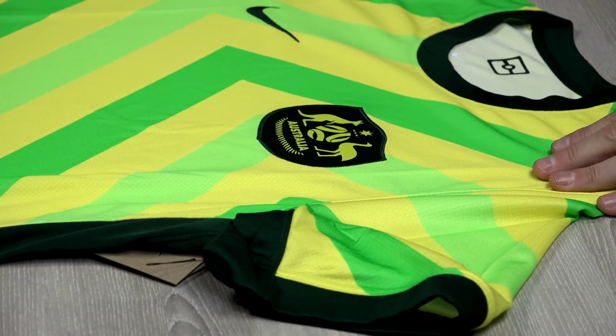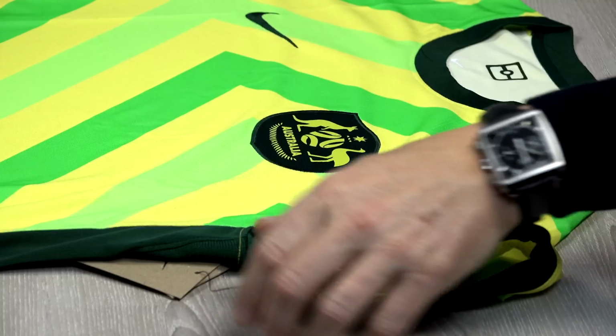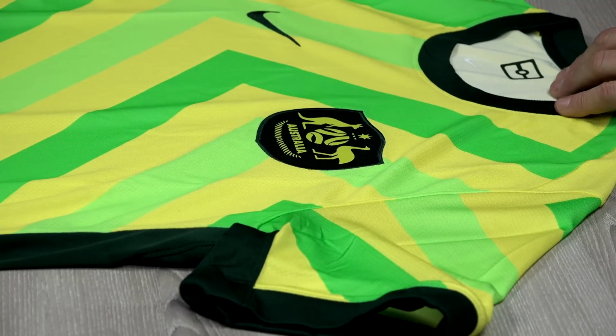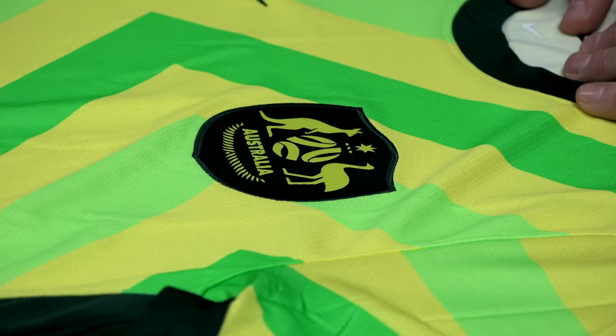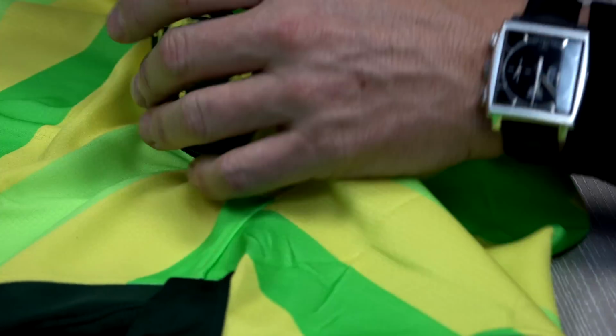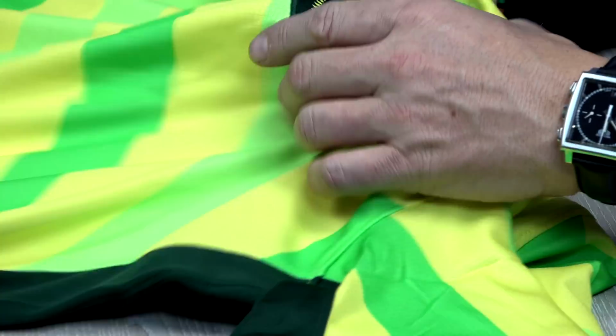Very much, I think, a celebration of Australia, this, isn't it? Just that vibrancy, the greens. Do you know what? I always feel this is very cricket-esque. Very unusual. We don't see badges like that, and I think that's really cool that they've decided to keep doing that. It's a big boy, isn't it? It is a big one. Oh, God,